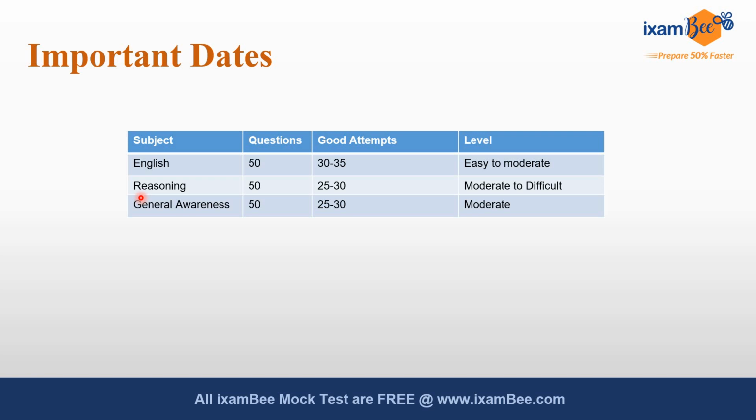Then moving to reasoning, out of 50 questions, there were 20 questions from puzzles or seating arrangements. 2 of the puzzles were easy to moderate level and 2 were of moderate to difficult level. There were 5 questions from directions, 3 from blood relation, 5 from syllogisms, 5 from inequality, and comparatively they were